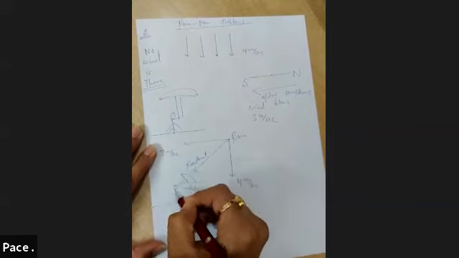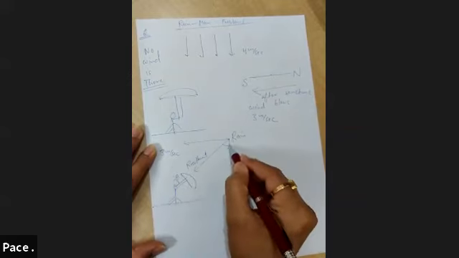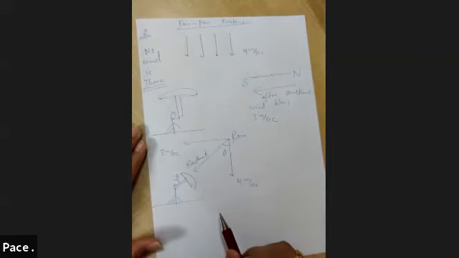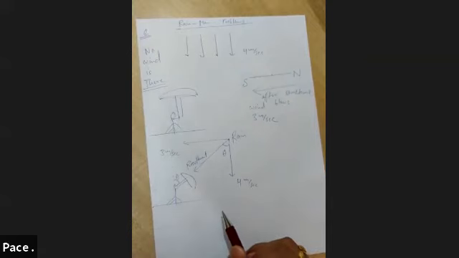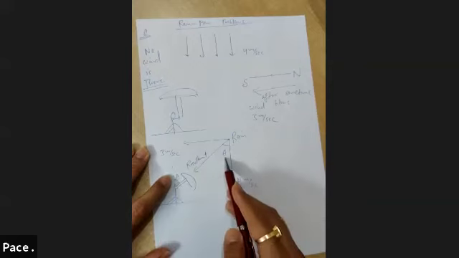Basically, we have to find out this angle with the vertical, theta. And if this one is theta, then this one would also be theta. So we are interested in finding out this theta. Find the angle with the vertical that a man standing on horizontal ground must hold his umbrella to keep himself dry. So this angle they're asking you with the vertical. This angle is theta, and this would also be theta.